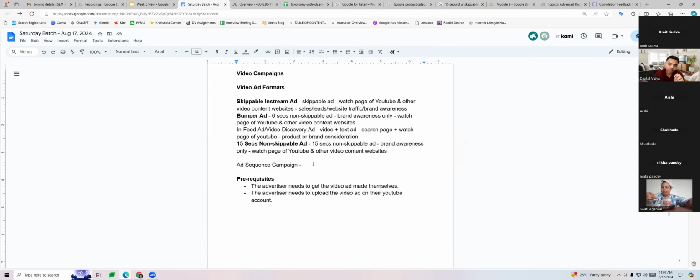And then the content starts, right? So that kind of ads you can run through ad sequence campaign, where you create a combination, a sequence of multiple ads, put one after the other, and show it to the same user. Okay, that is your ad sequence campaign we are talking about.